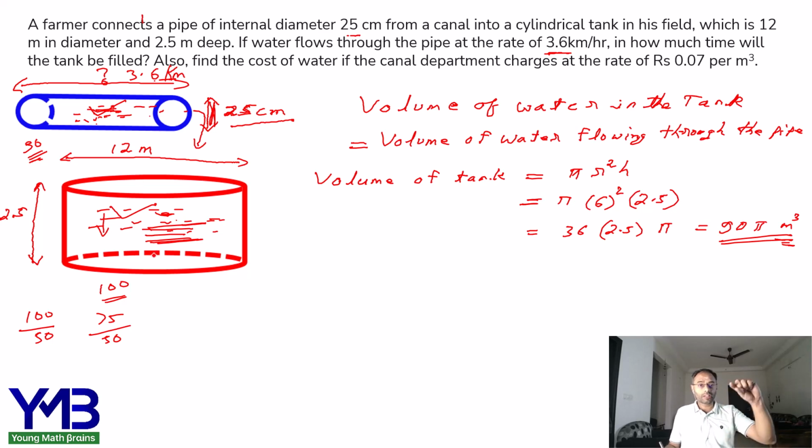So if we just find the ratio of the volume of the tank and the volume of the pipe, we will know how long it will take to fill the tank. I hope this point is clear. Now, with that assumption, let us try to equate this particular problem. So volume of the tank is 90 pi and volume of water